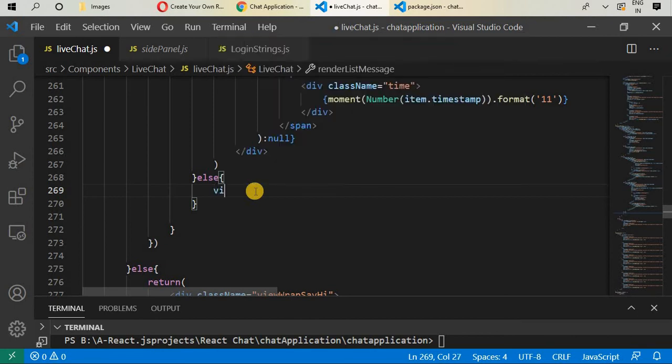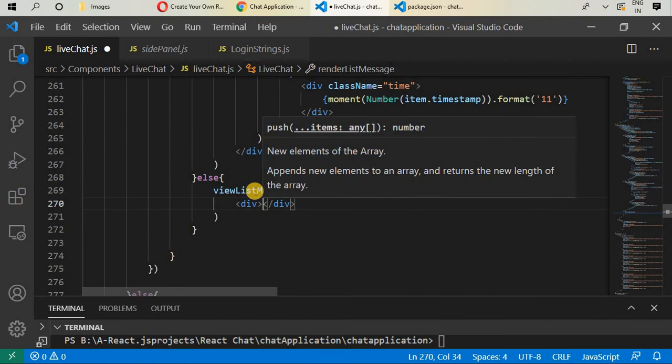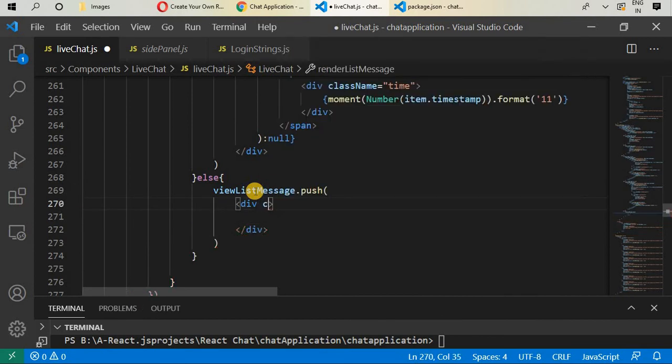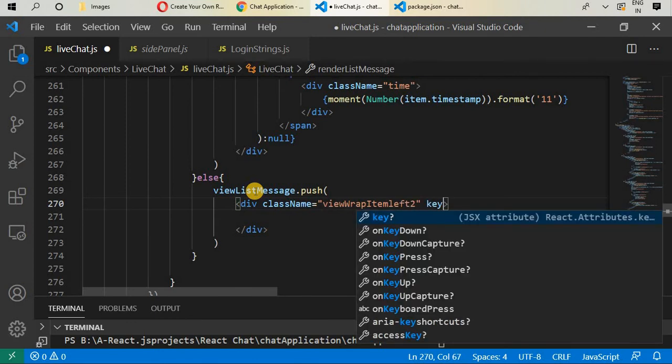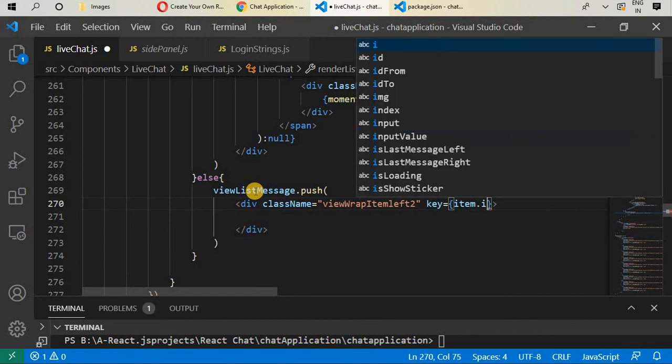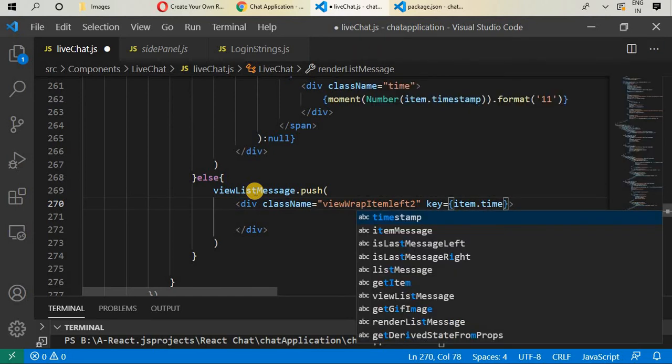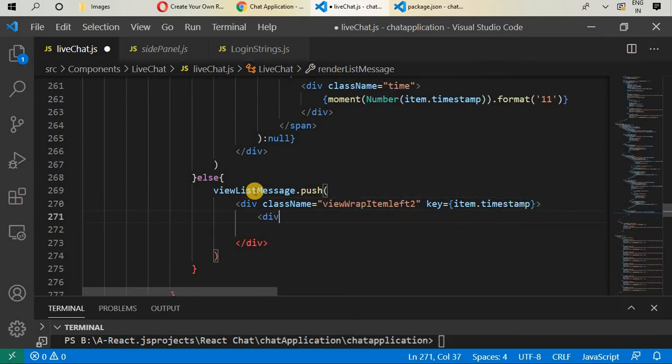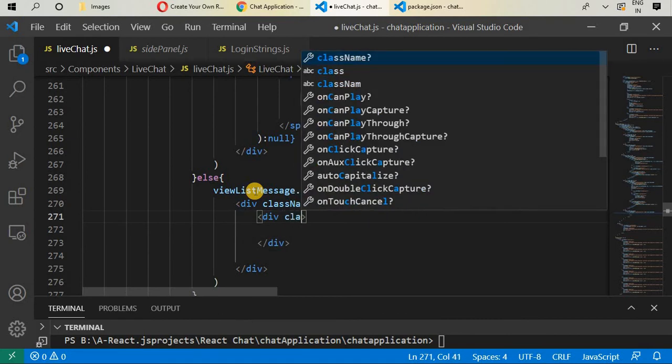We'll write viewLeftListMessage dot push and give it div with class name viewWrapItemLeft2, give it left and give key is item dot timestamp and in here write div, give class name